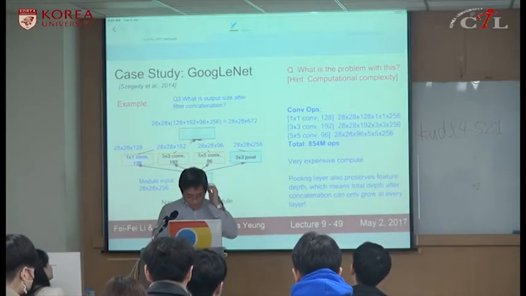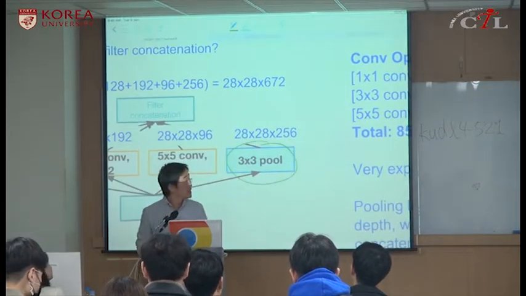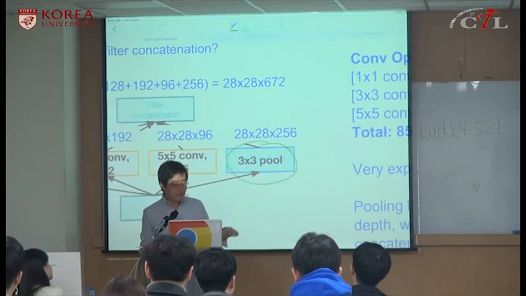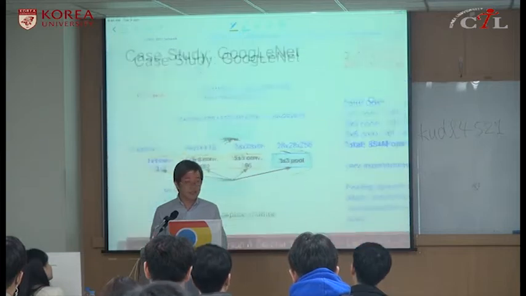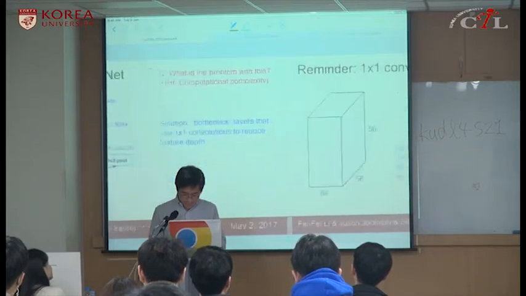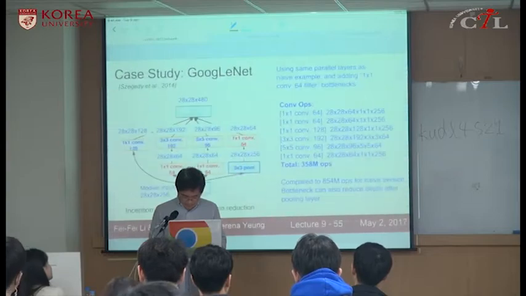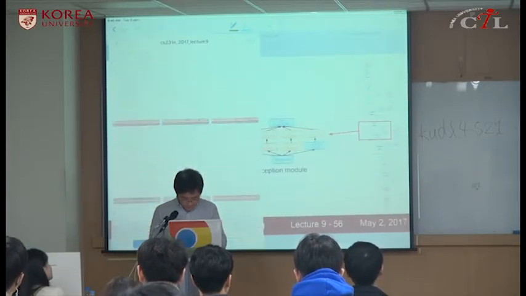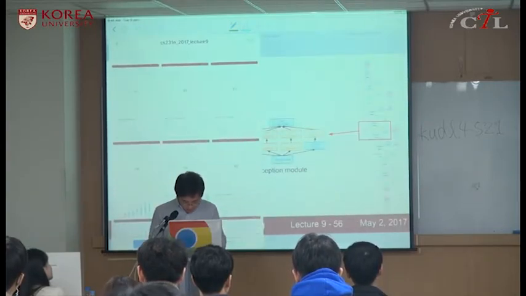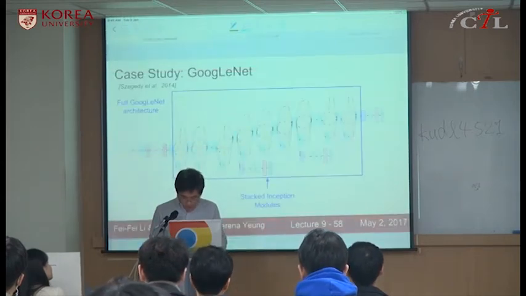Okay, so you now understand how this pooling layer is mixed together with the other conv layers while it maintains the spatial resolutions. Okay,